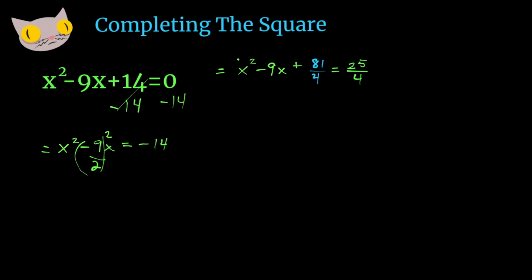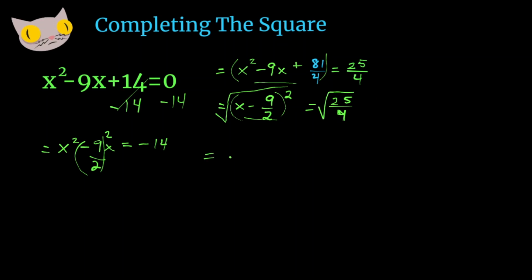Let's go ahead and take this side of the equation and write it out as x minus 9 over 2 all squared. Going from here to here, we're just factoring. And then that's set equal to 25 over 4. From here, let's take the square root of both sides of the equation. And that leaves us with x minus 9 over 2